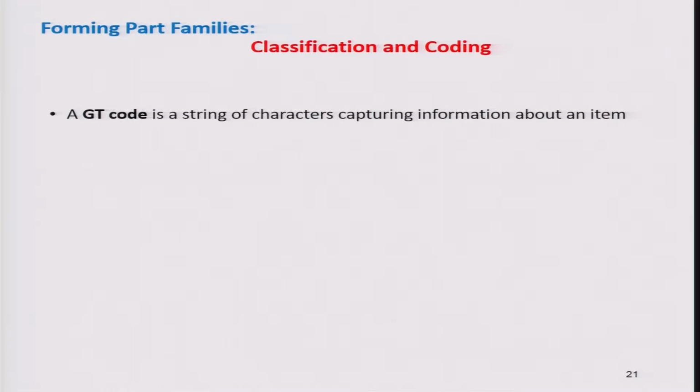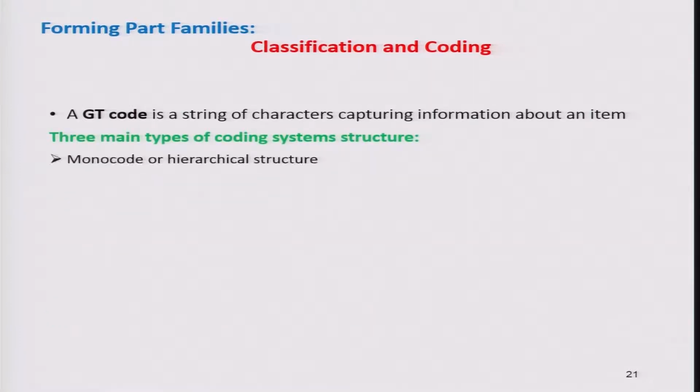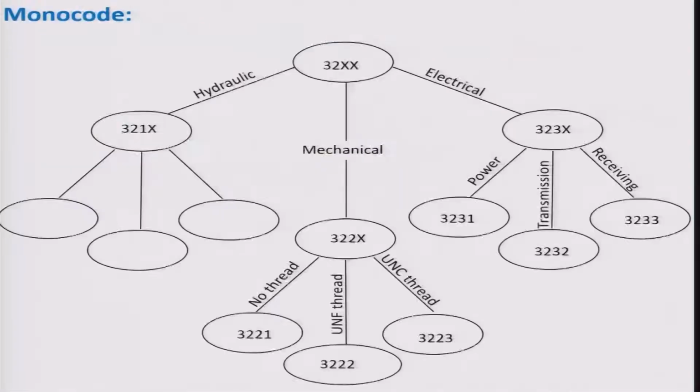It is a string of characters capturing information about an item. Three main types of coding system structures are available. The first one is called monocode or hierarchical structure. The second one is polycode or chain type structure, and the third one is mixed mode structure. Here, monocode is a code in which each digit amplifies the information given in the previous digit, and it is very difficult to construct. It is also known as hierarchical